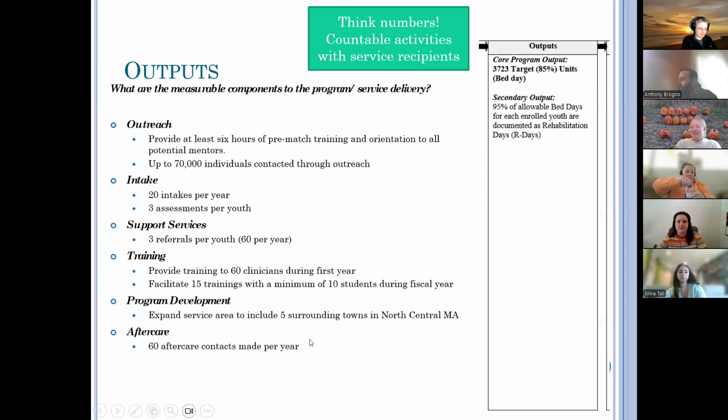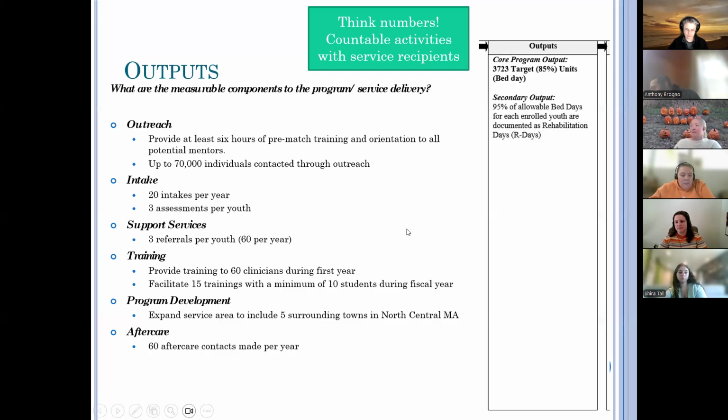And then aftercare, 60 aftercare contacts made per year. And that's not often that we see that. We have seen that a little bit increasing. So the expectation is that after a client leaves the service, there's some continuation. They're paying us to continue to do that. Generally we don't try to do things or put them on the logic model unless we've been given the money to do so, or it's an expectation. It's not just about money.